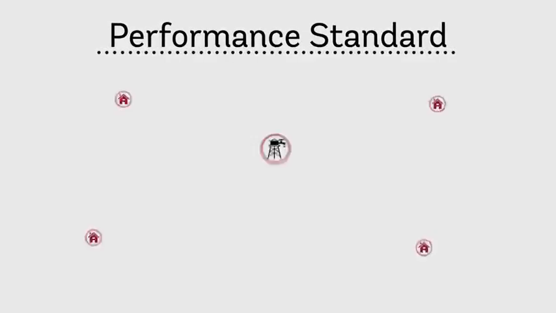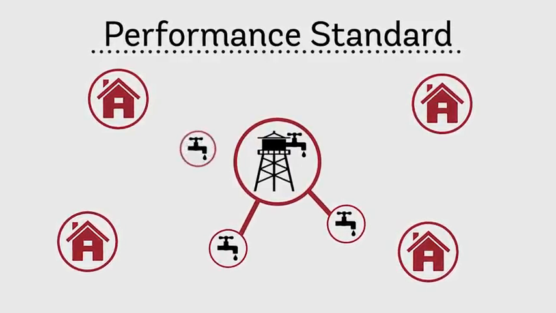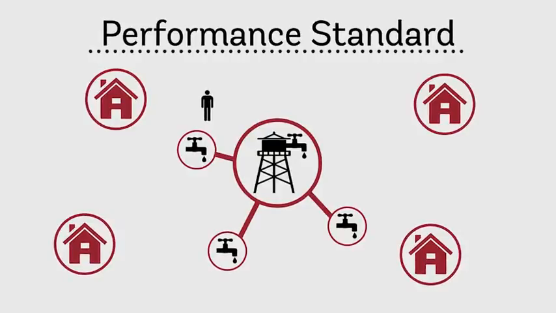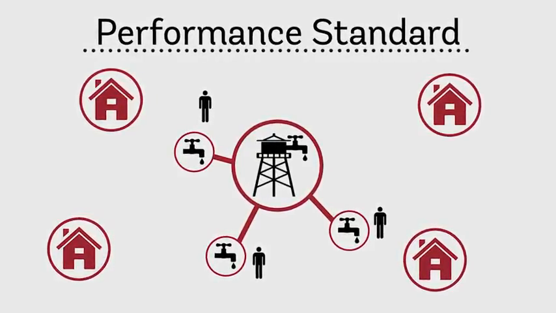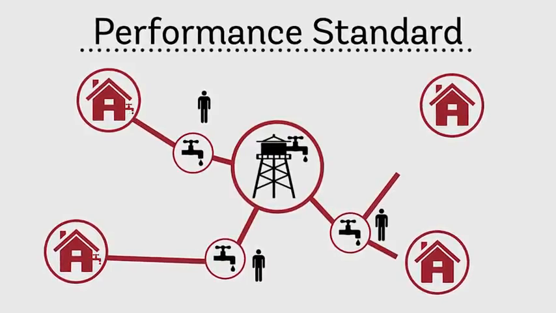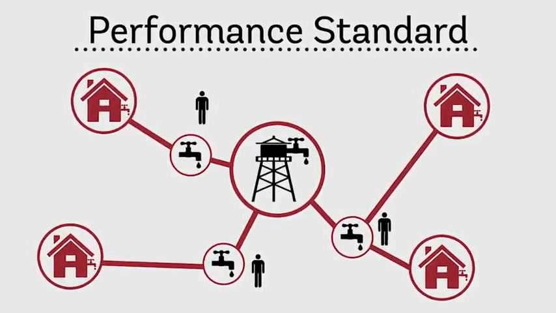So we worked with them to develop a new form of contract to strengthen the private sector engagement and improve the quality of service. So the definition of the performance standard was for the private operator, firstly, to take over small existing systems and continue to manage those. But also within the first 2 years, they had to extend coverage, so improve the quality of service, install household connections to around 80% of the population. So that's how we defined the service standard in that case.